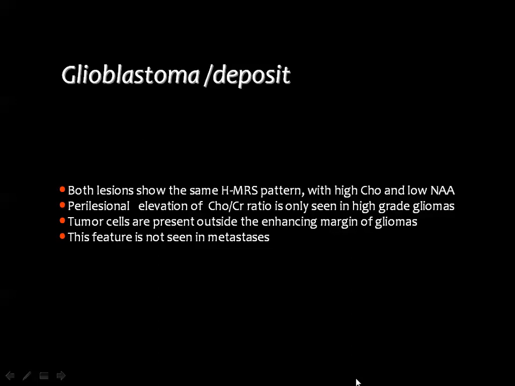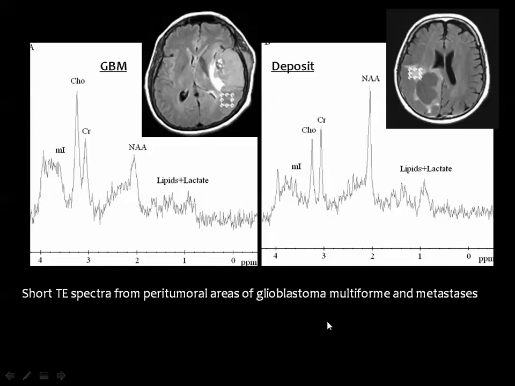Then this is an important issue also, how to differentiate between glioblastoma and metastasis. Both lesions can show marginal enhancement of non-uniform thickness. Both lesions can show free diffusion on diffusion weighted images. But spectroscopy is unique in this particular area so that you can differentiate between the glioblastoma and metastasis by putting